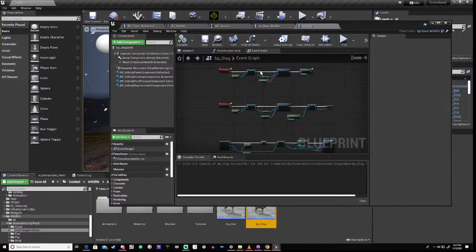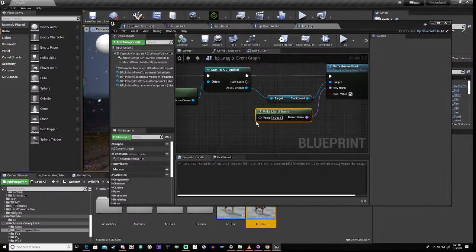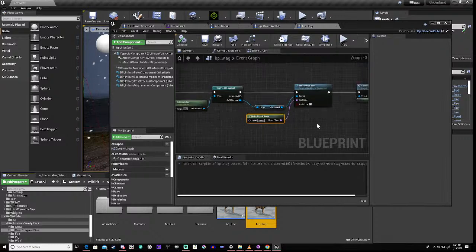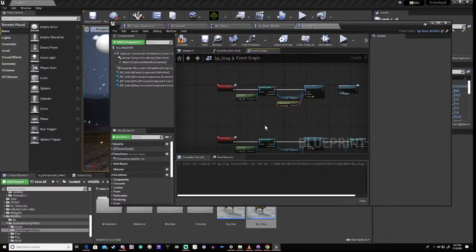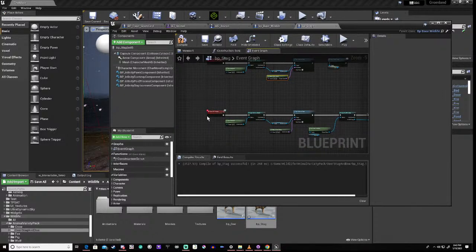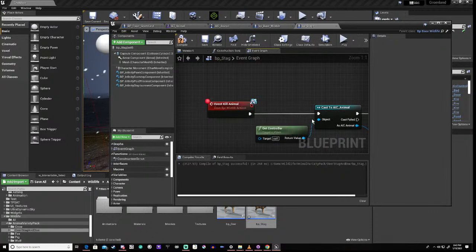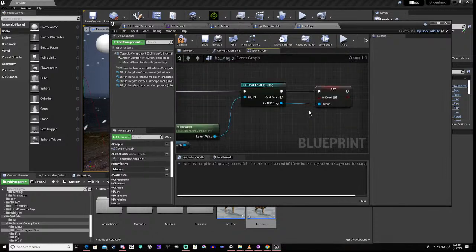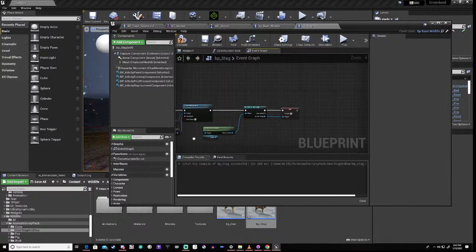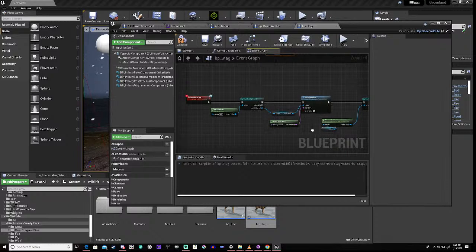Because you'll notice this one sets is dead to true, and then starts a death timer, but we don't want to start a death timer. And then this one does exactly the same thing. Event kill animal. Event kill animal should actually just destroy it after X amount of time, which is the amount of time